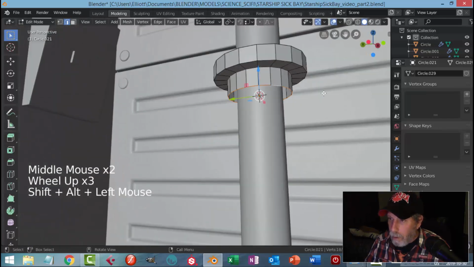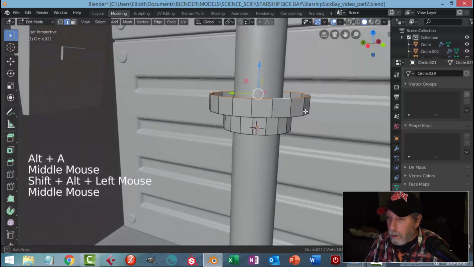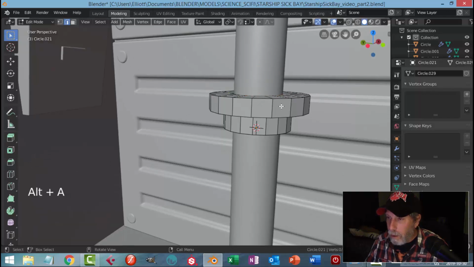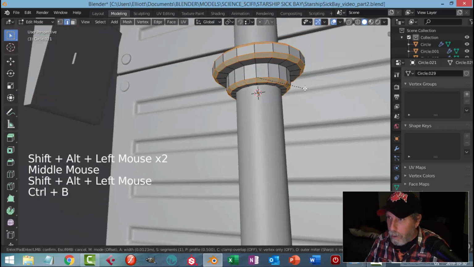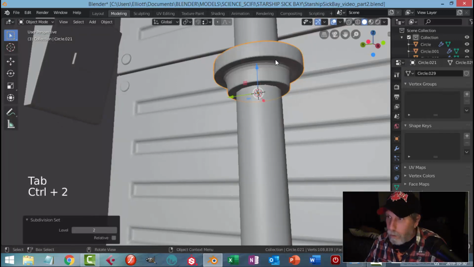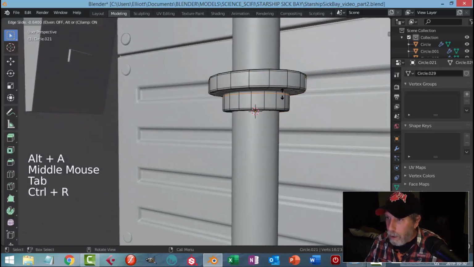Let me do the same thing here, E and S, and squeeze it in. In fact, let's just do that, squeeze it in. We'll just use this twice. Let's take all these sharp edges and bevel with 1. Control 2. Shade smooth, edge loop,